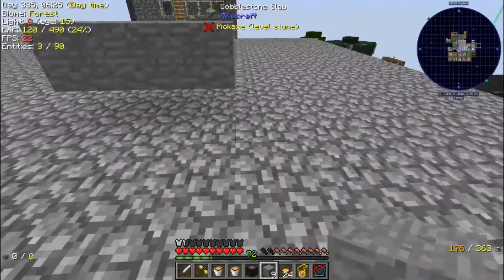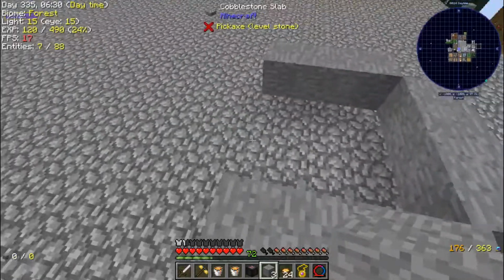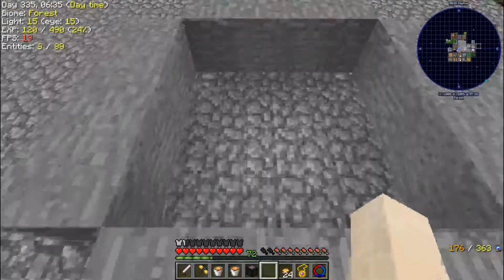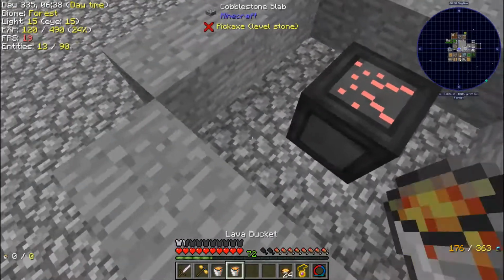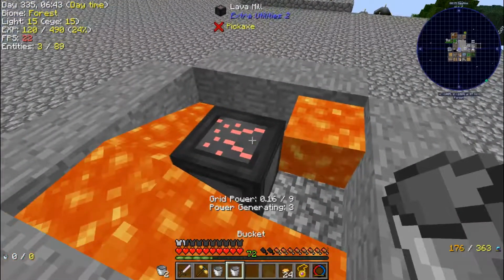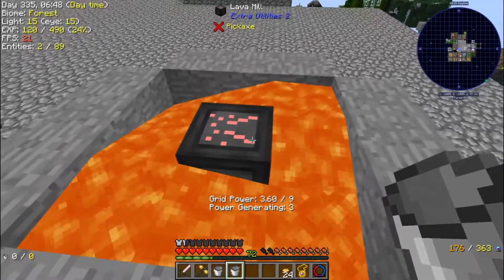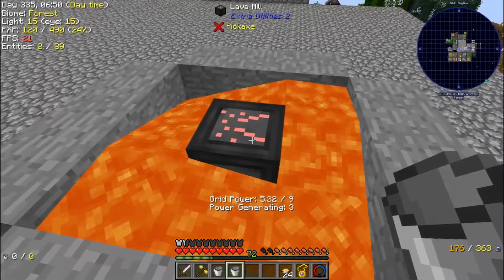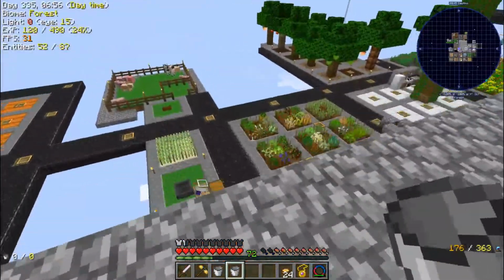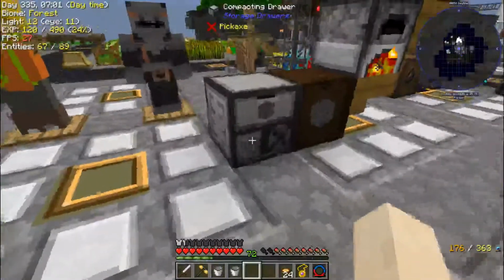So 1, 2, 3, 1, 2, 3, 1, 2, 3. I'm building kind of a holding pen. 3. I'm going to put this right here. I'm going to put lava here and lava there. And this now is generating 3. Like, I'm not quite sure how this one works. I don't know if it's better if it's fully encased in lava or not. But I know that for the water one, it prefers flowing